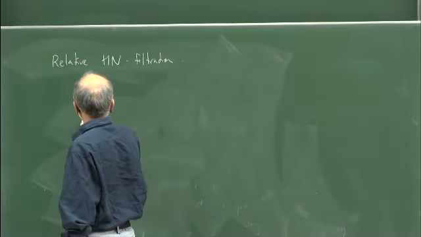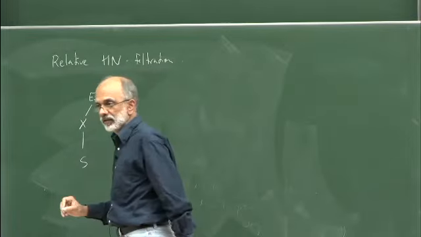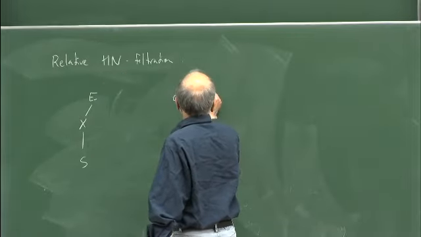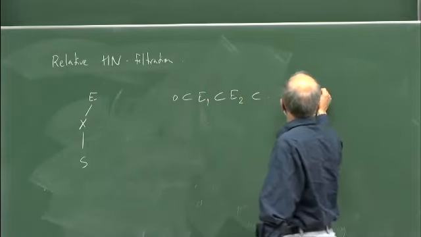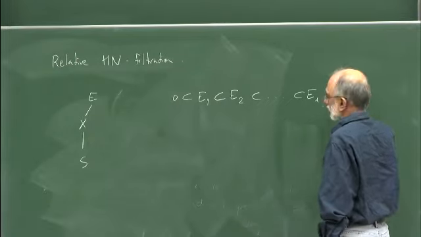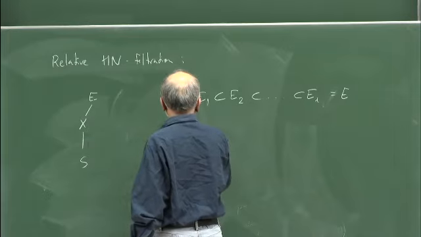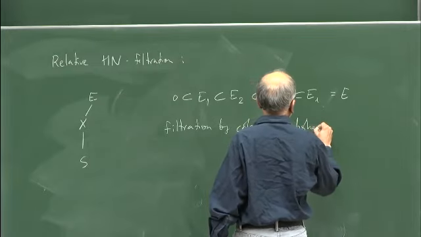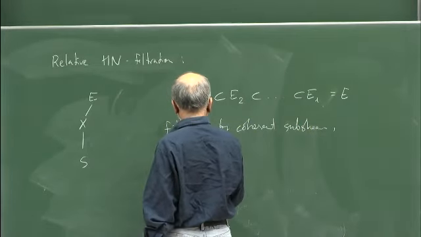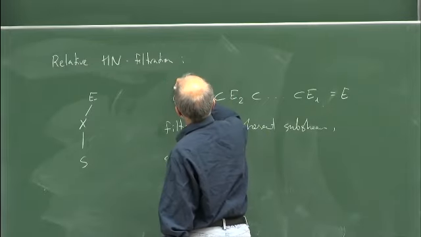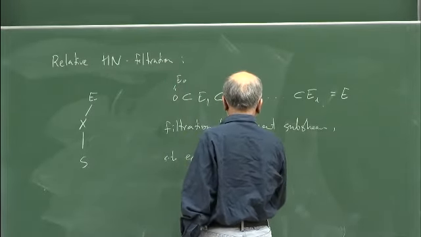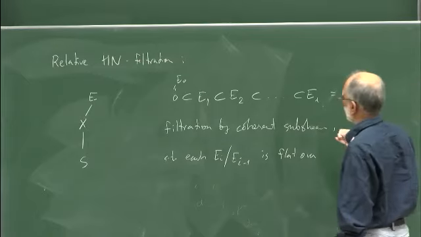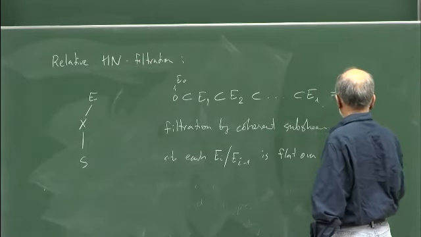So, if I have a coherent sheaf on some X over S, a relative Harder-Narasimhan filtration will mean a filtration by subsheaves such that each, so this is E0 if there is any doubt about notation, is flat over the base, pure dimensional,